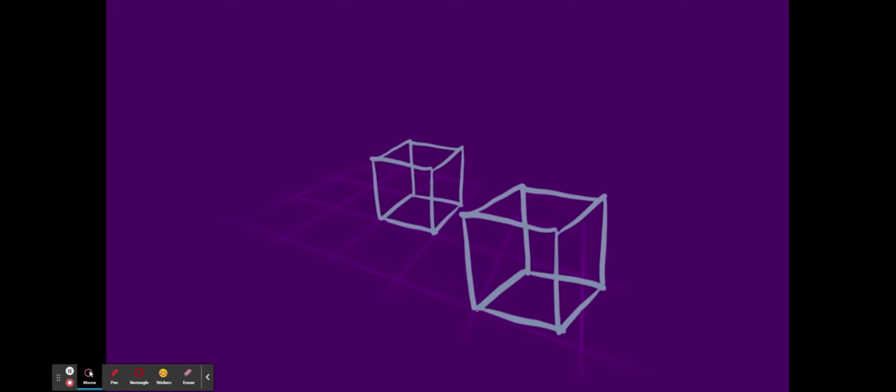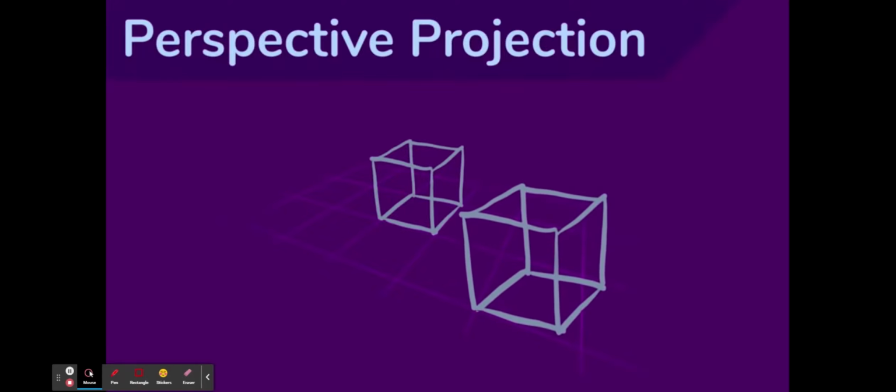If we draw a 3D box on a grid like this, it looks fine. But if we now move that same asset around on the grid, it doesn't look quite right. This is because of perspective. Things closer to the point of view look bigger than things further away. This is a problem for hand-drawn art because we would need to draw infinite assets for infinite positions to move